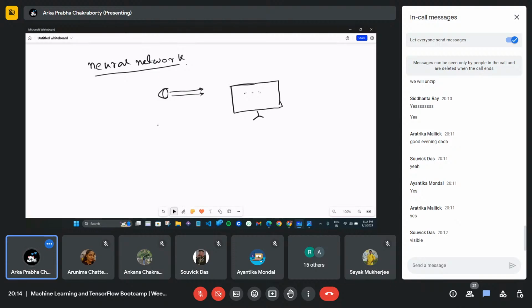But how will my mind be able to understand that yes, this is a monitor or a screen? The data is gathered and it should be processed, and by that processing my brain understands that it is a monitor. For that, we human beings have some neurons.